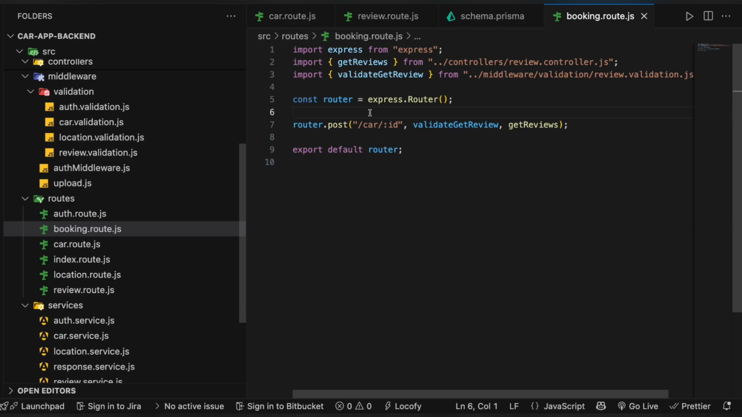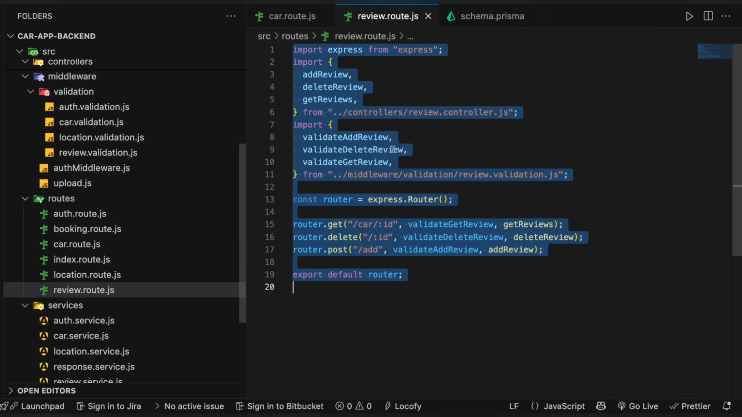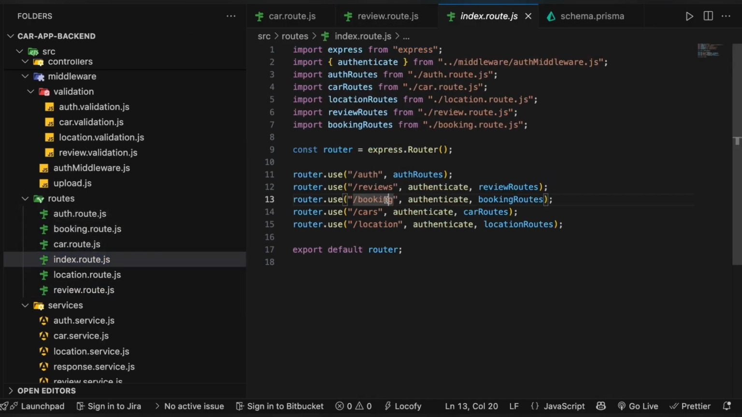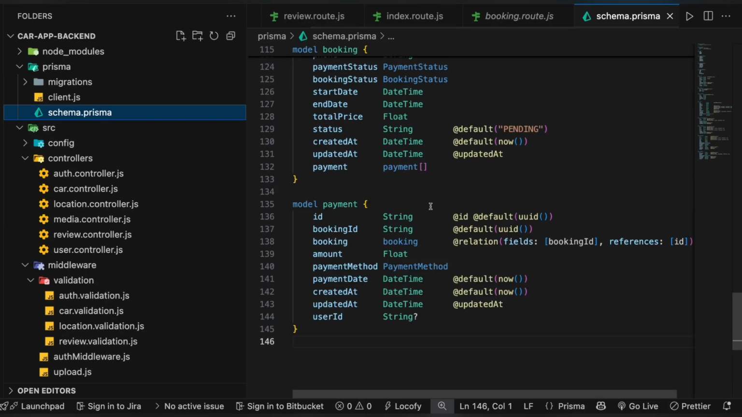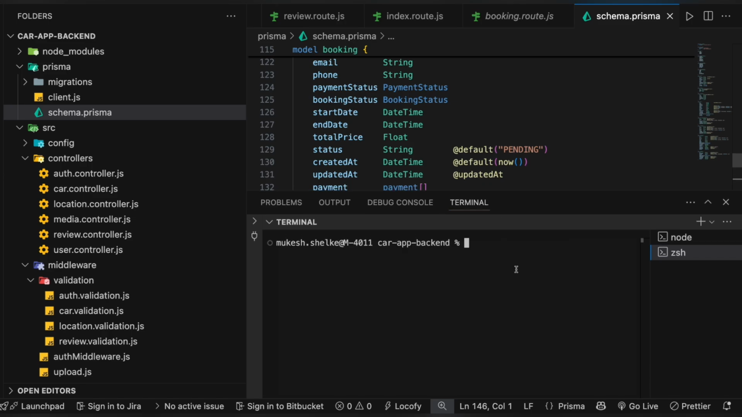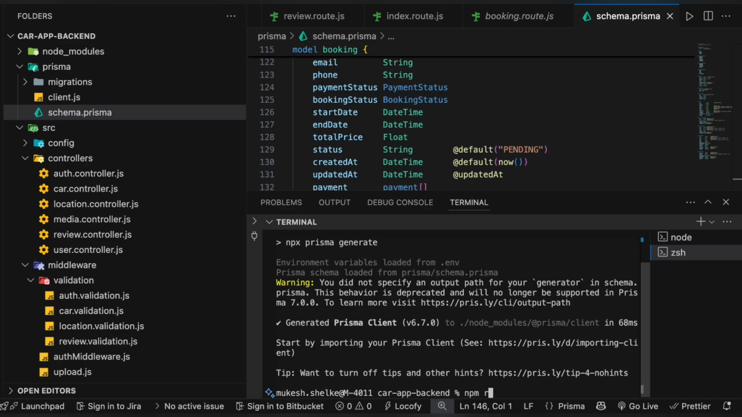Now if you go to this particular booking route, what we need to do is add, as usual, the validation, and we need to add the controller. So if you have seen, it is a simple booking. When we are adding a booking, there are two tables, one for booking, one for payment, and I think we need to run Prisma right now. Let me do that first. npm run prisma, npm run prisma:migrate,